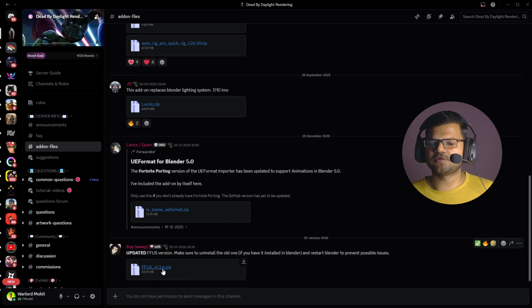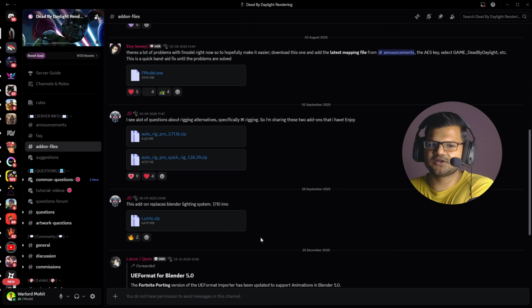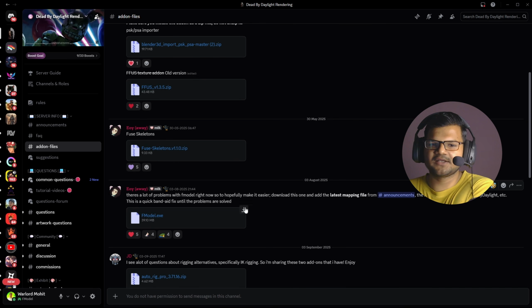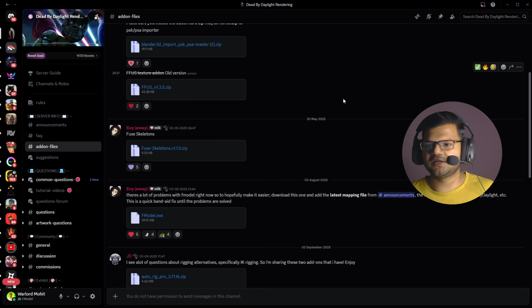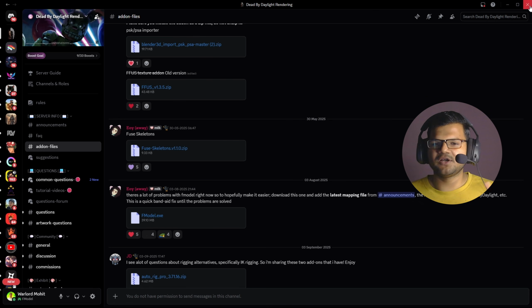First of all, download this plugin. This is an auto texturer plugin. You just need to click on this download option, and then you need to download another plugin called Fuse Skeletons, which will help us to merge different body parts, different skeletons of different body parts. So you need to download this plugin and install it into Blender, and then you need 2 more plugins which